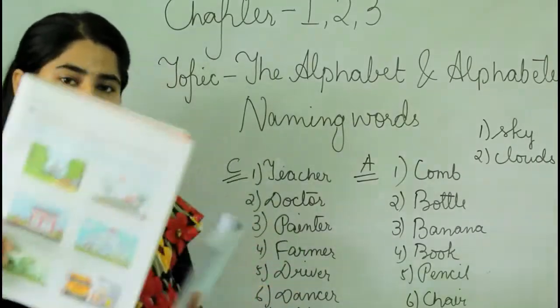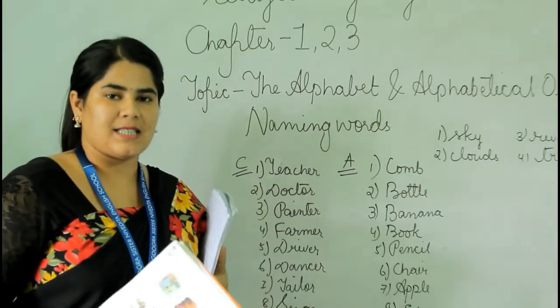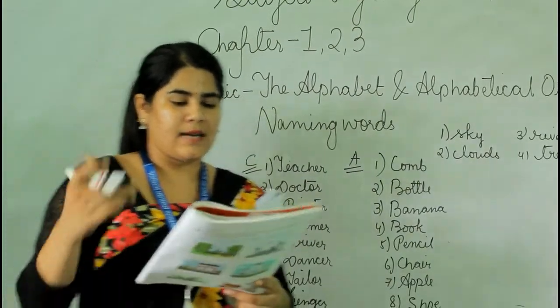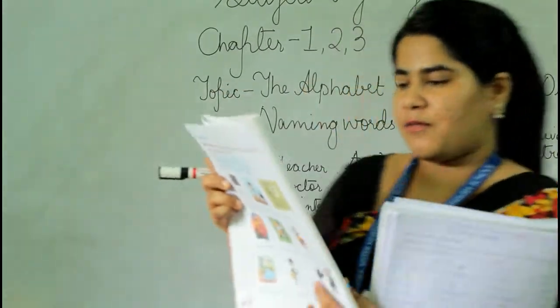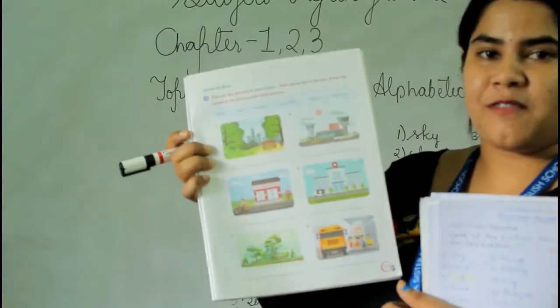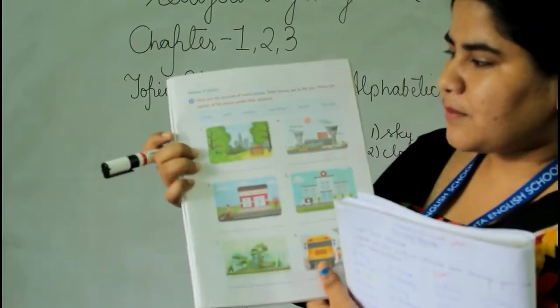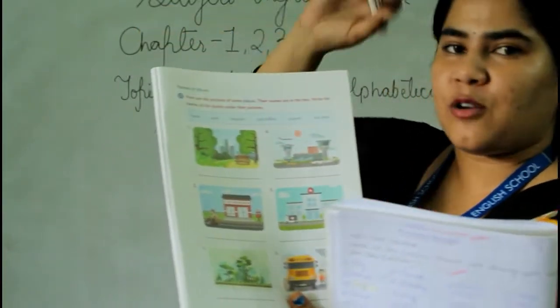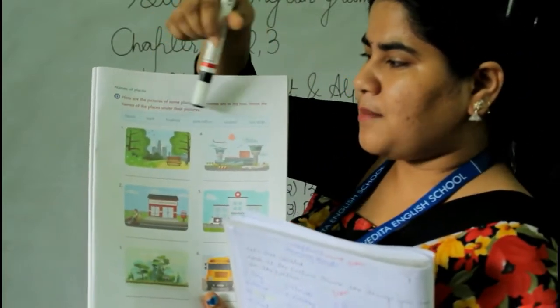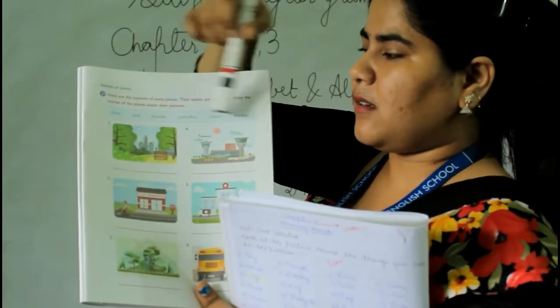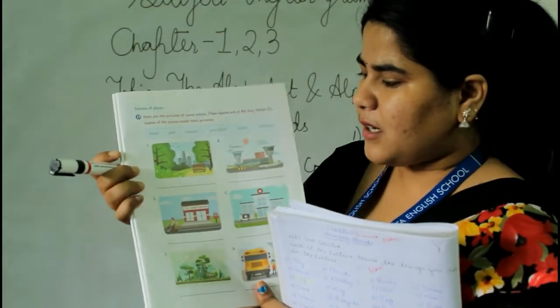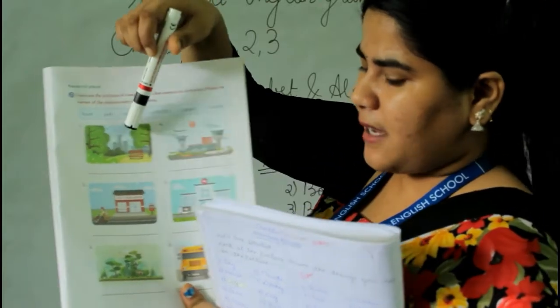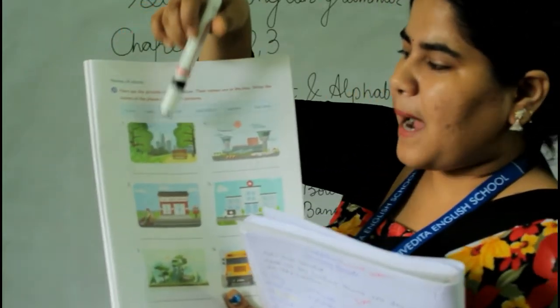Now names of things are also over, names of animals and birds are also over. Now names of people are also done. Now we will write names of places, okay? So again the same thing, you have to follow the picture and write the names, okay? The clue, the hint is already given. So what is this? What do you see here? This is a park, P-A-R-K, park.